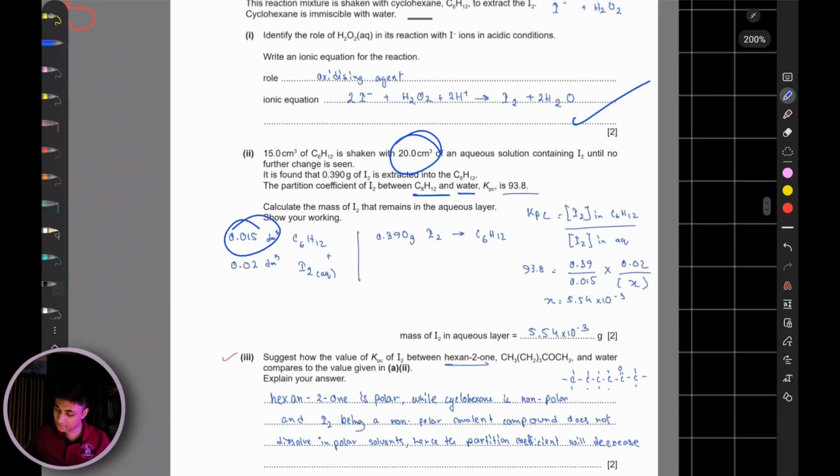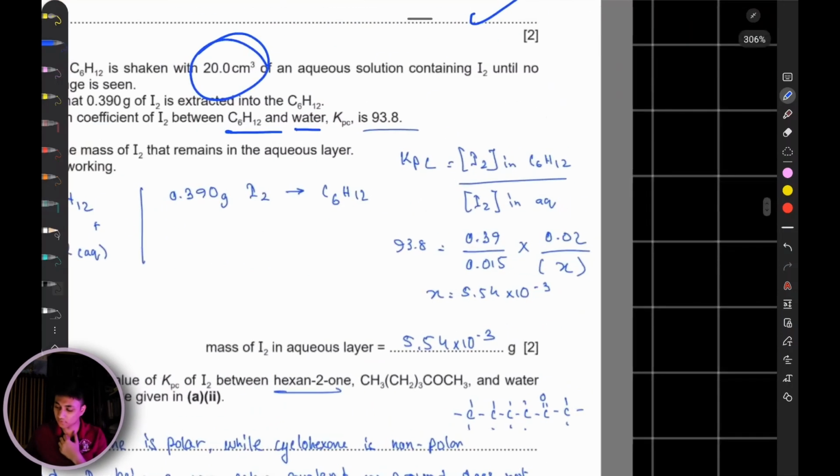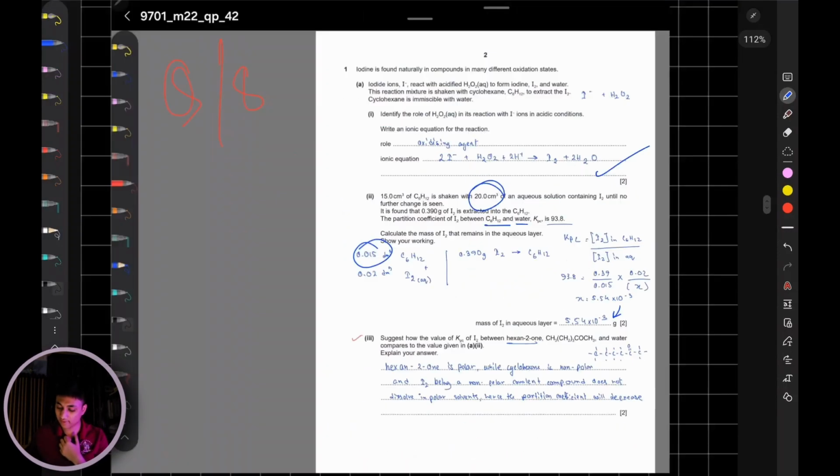the grams of, why is my grams so small? Anyways, so you're going to get the grams of I2 left in your aqueous solution. So if you make this X the subject, that is your grams of iodine left in your aqueous solution. So it turns out to be very small, and it is going to be 5.54 into 10 to the power